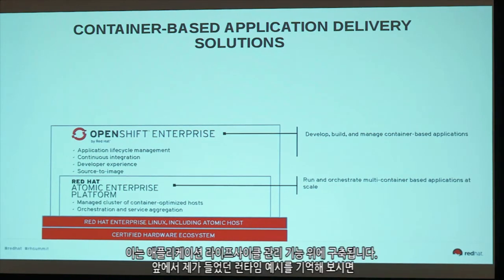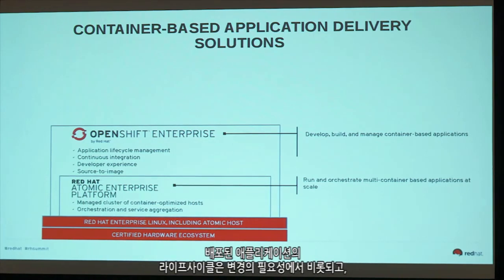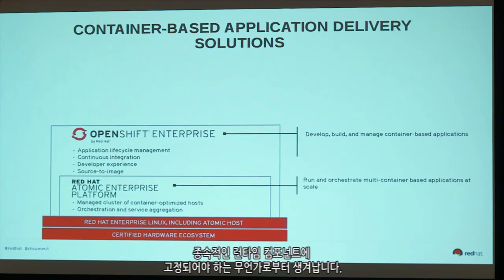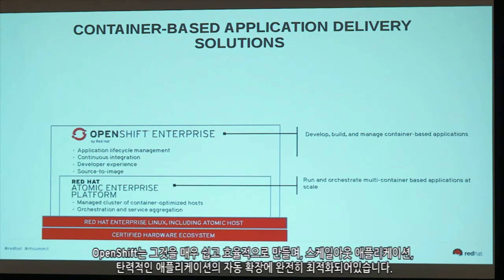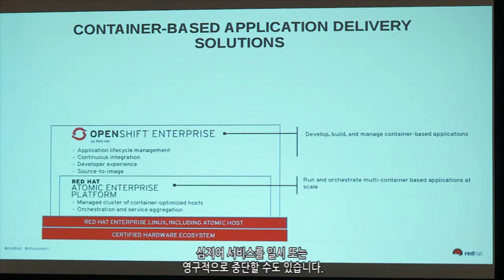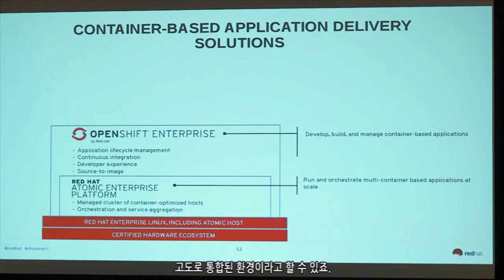It builds on the application lifecycle management capabilities. And remember my example with the runtimes early on. The lifecycle of a deployed application is driven by a need for change, and that need for change is either in the application itself, in the source code, a new feature that the developer works on, or it is driven by something that needs to be fixed in the dependent runtime components. So OpenShift makes that very easy, very efficient, and is fully optimized for auto-scale, for scale-out applications, elastic applications. It has auto-scale capabilities so that OpenShift actually manages fully automatically the spinning up and down of instances of services, and it can even suspend and pause services.